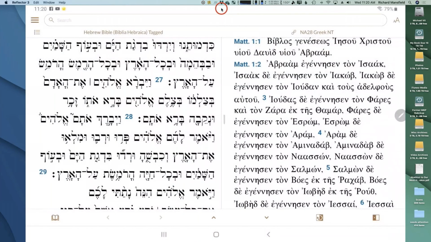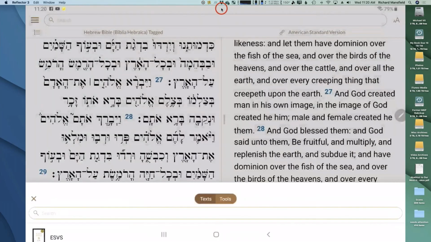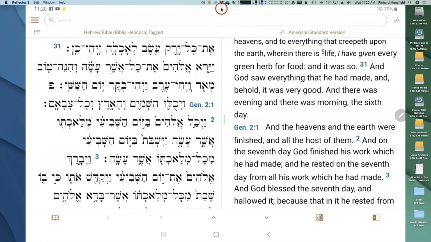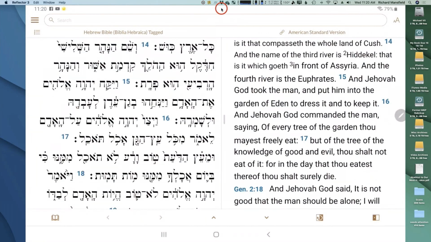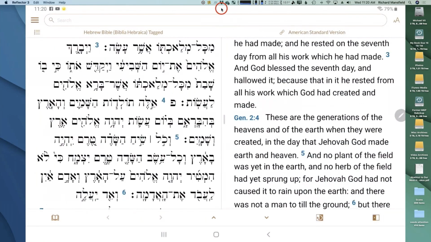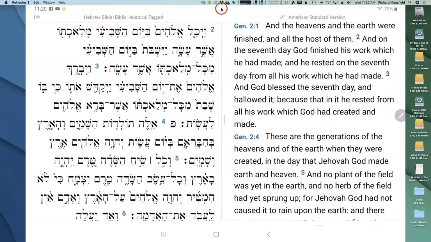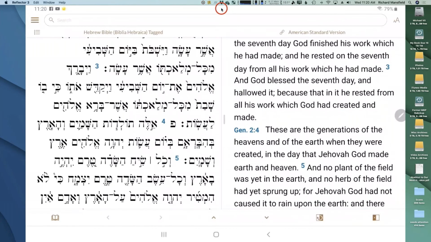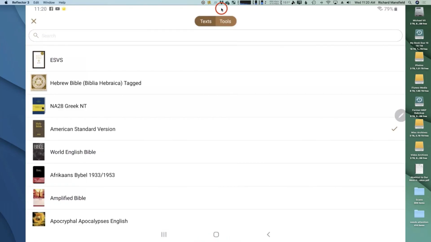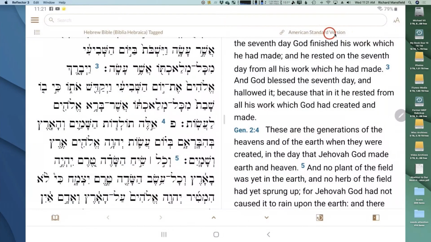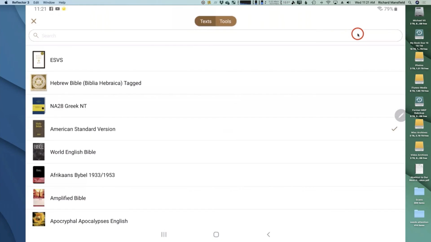That shouldn't have worked. I can change basically my 2 texts that are right here. Okay, so the Android version is not yet supporting notes, but wait, it does support... Hold on a second. Let me take that back. It does support tools. It doesn't support notes yet, but it does support tools. So if I come up here, in case you didn't see how I did that, let me put our little pinpoint right here. So I'm right here, and you see I've got 2 texts open, and I've got 2